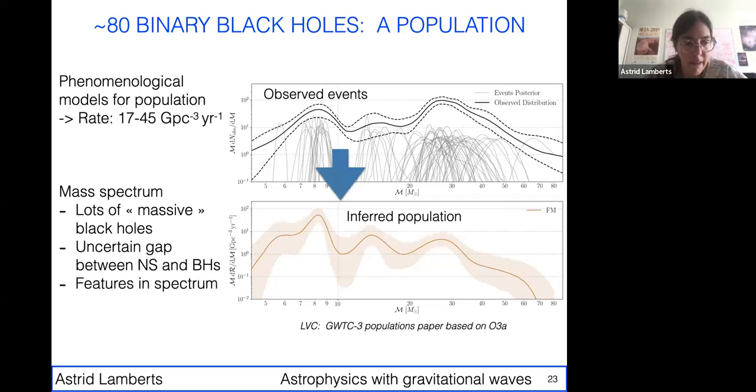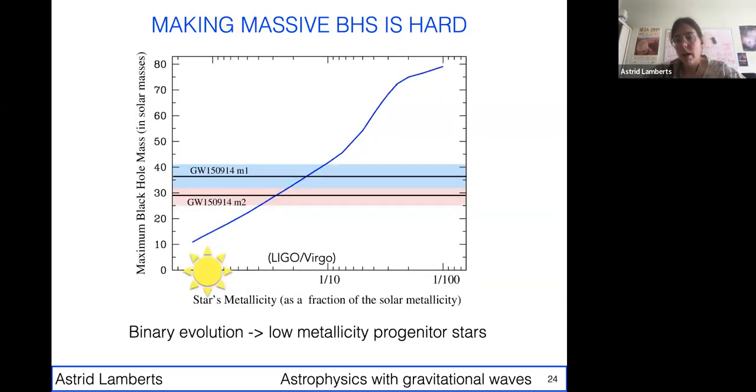So most of the black holes we see have 25, 30 solar mass, and that is actually really massive. If you come back to this picture of stars losing a lot of mass through winds, if you have a 50 solar mass star at birth and the chemical composition is the same as the sun, it's really never going to make a 30 solar mass black hole, because most of the mass will be lost through winds. And so it's all related to the chemical composition of the star.